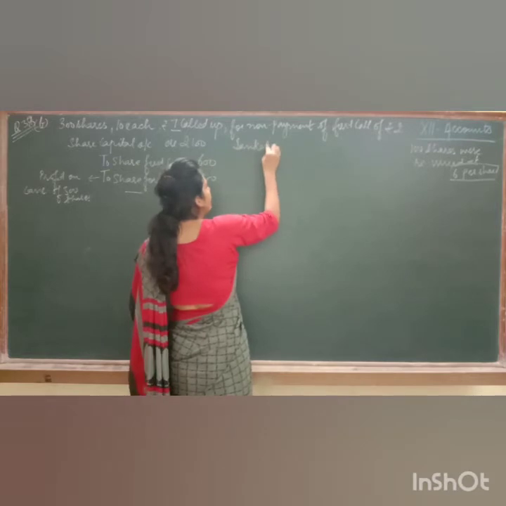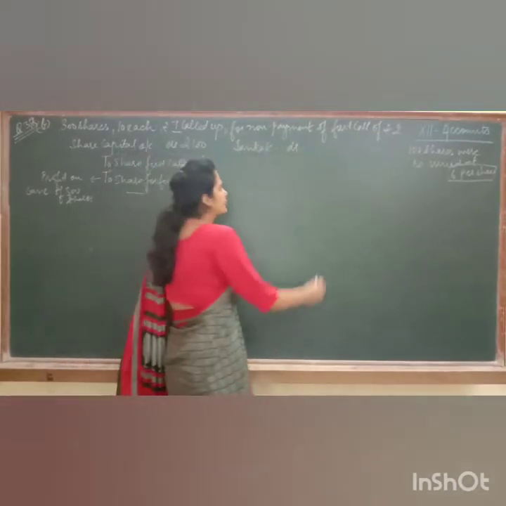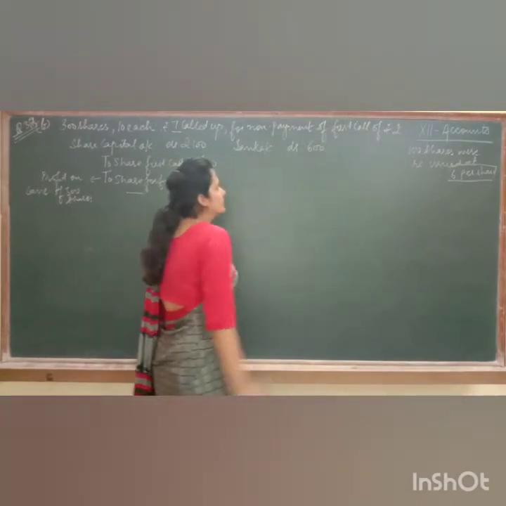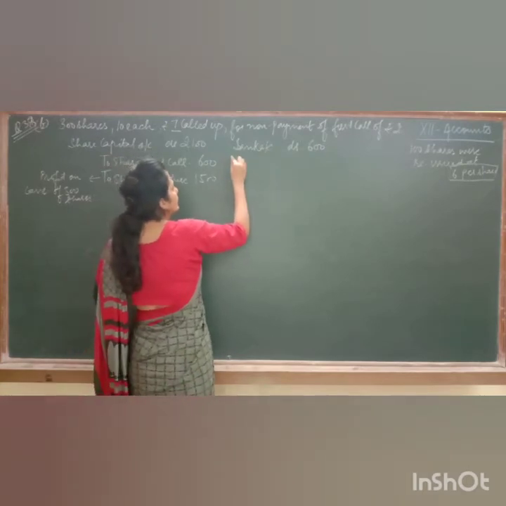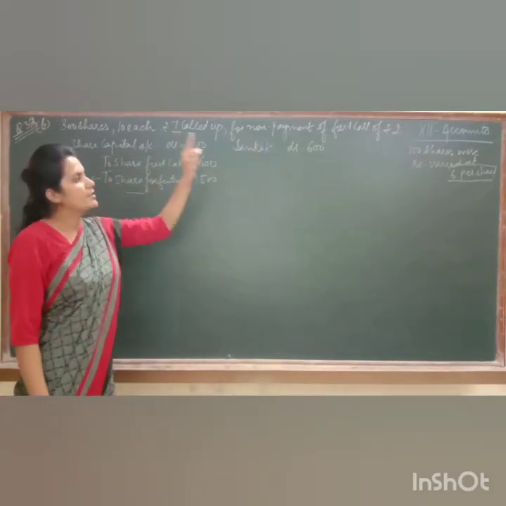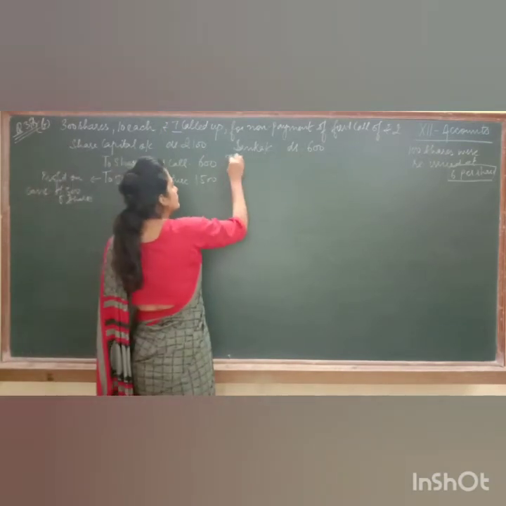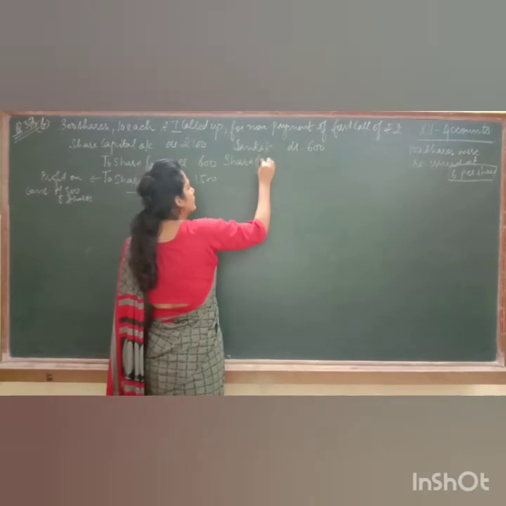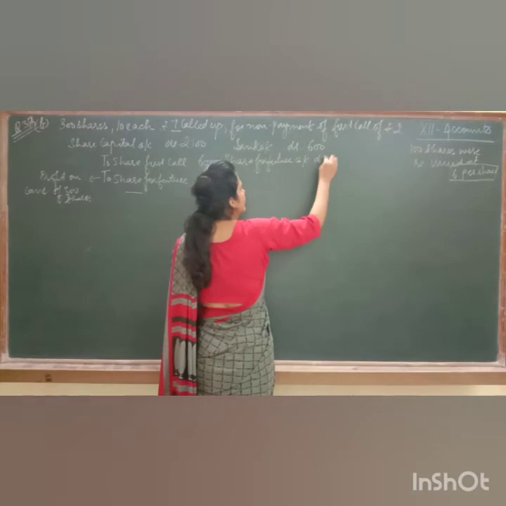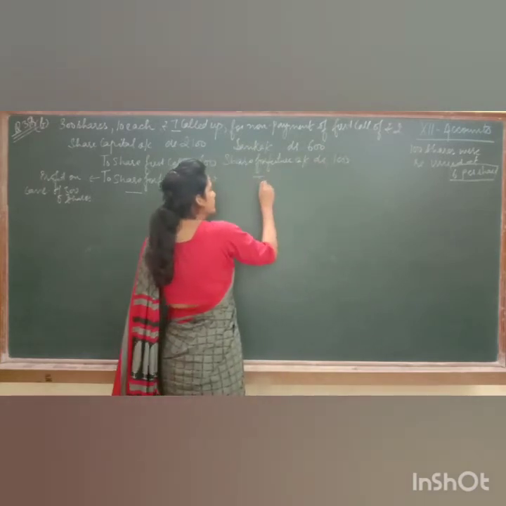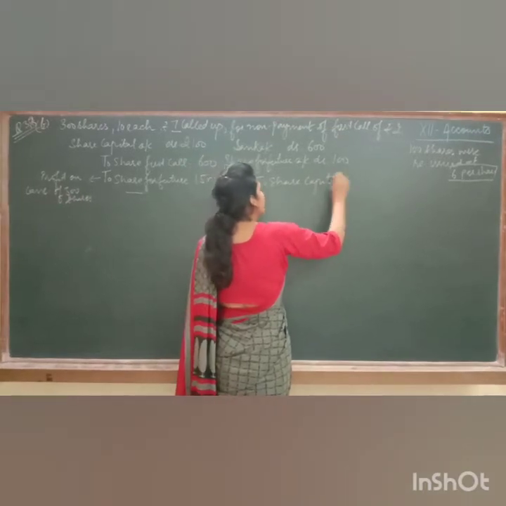Entry will be bank account debited. You have reissued 100 shares at ₹6 only, so it is 600 because 100 into 6. Then called up value was 7. You have reissued at 6 only, so you have incurred a loss. So debit share forfeiture account. So share forfeiture will be debited 100 to share capital 700.